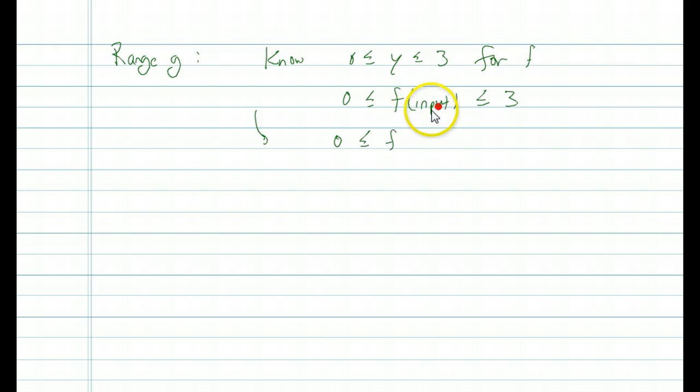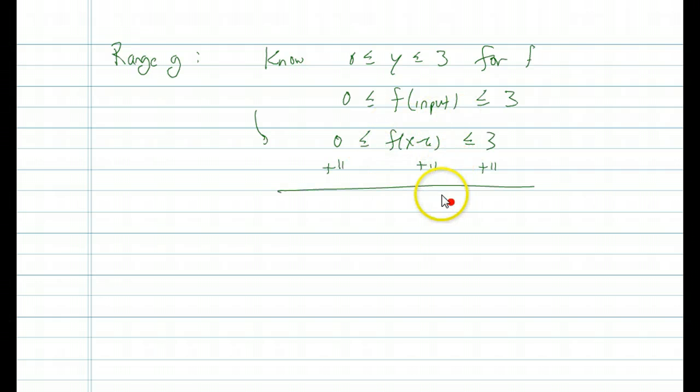Okay, we know for the function f that its range is from 0 to 3. So we know the y values are again between 0 and 3. We do the same kind of analysis every time. y is the same as f of x for the function f. But notice that it doesn't matter what you're inputting. Your y value is always going to be between 0 and 3, whether you're inputting x or x minus 6. You're going to get the same values coming out of